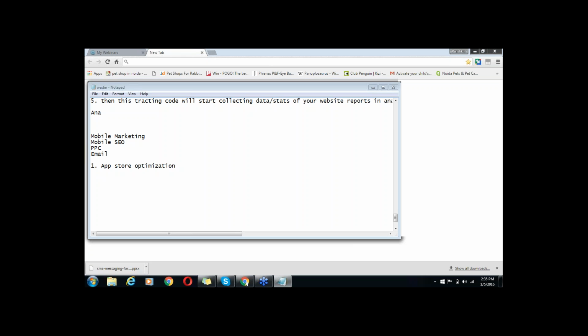So if any business wants to optimize their mobile marketing, they have to keep three factors in mind. If you want to optimize or reach your mobile user, you have to keep three things in mind. First, you must have a responsive website. This is the minimum bare requirement. Responsive website.